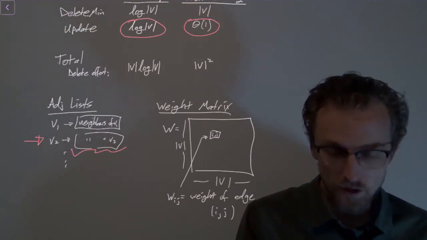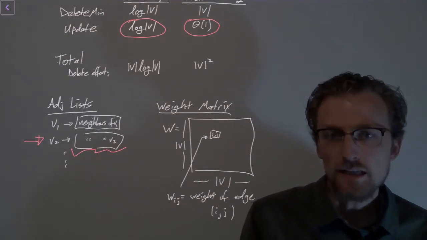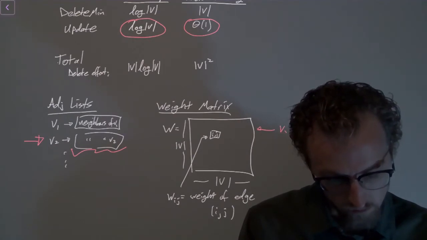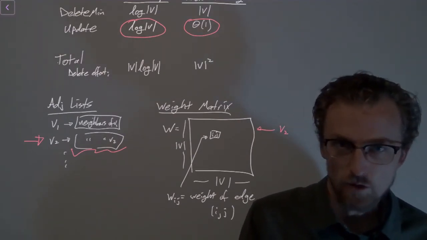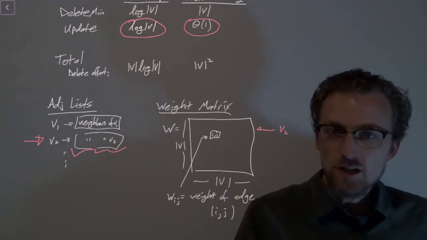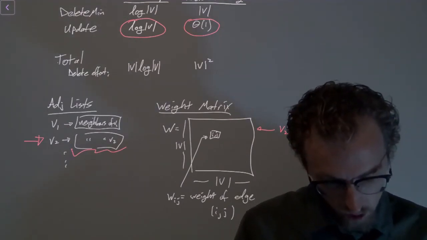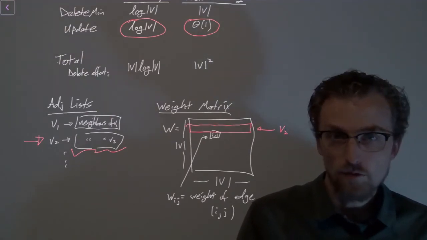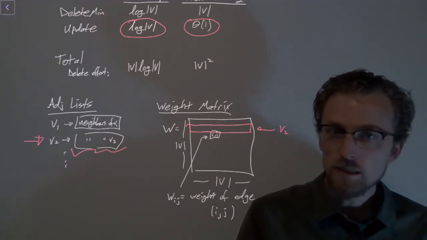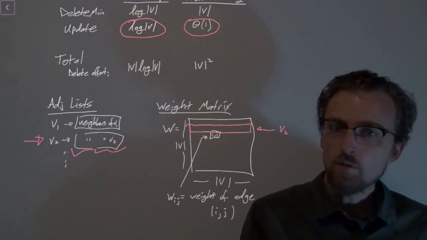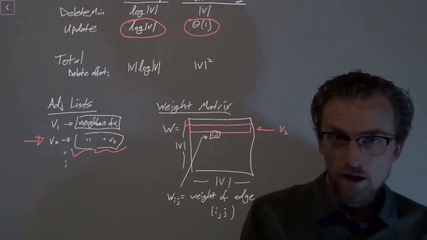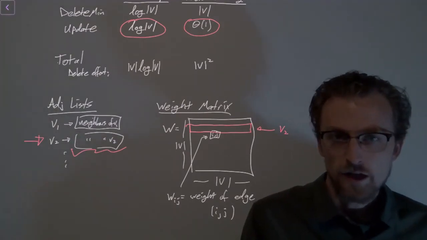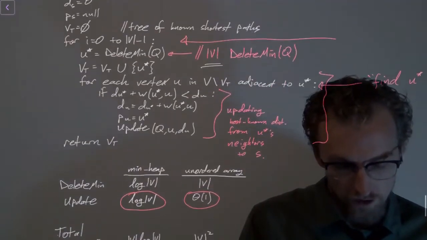If, on the other hand, we're using a weight matrix, then we have to ask, what is the list of the neighbors here? Well, if we're asking about V2, this is the row corresponding to V2. And what are V2's neighbors, or what are the nodes that have an edge from V2 to that node? Well, it's encoded by this row. And some of the weights here are infinite, which means that there's no edge, and some of the weights are finite, which means that there is an edge. And so if you want to understand who the neighbors are of V2, you have to walk down that entire row. So the length of this for loop